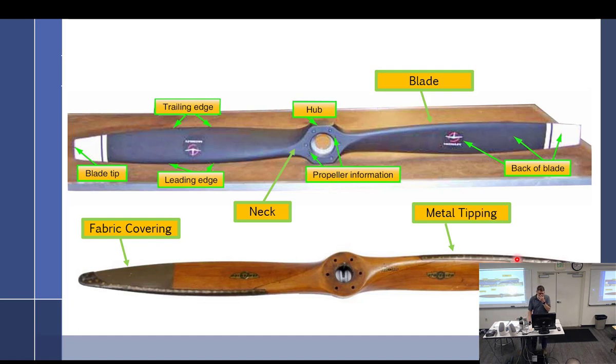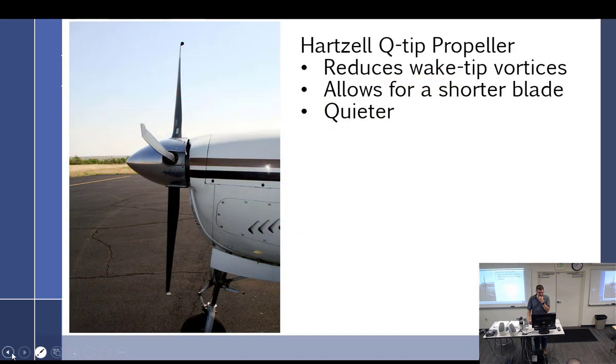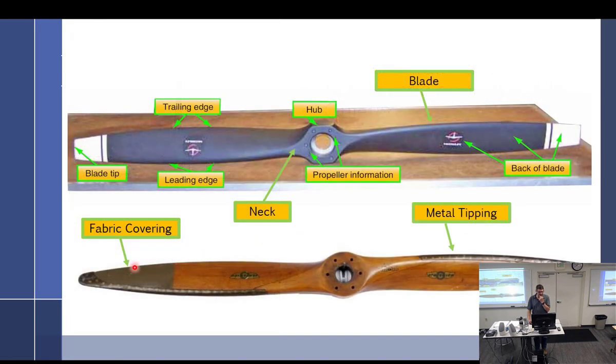Are you writing this stuff down? What's up with the fabric covering on the wood? Oh, yeah, fabric covering. It gives stability to the tips out here on the wood props. We actually have a little video to watch. It's kind of cool. They talk about that fabric that goes on there, but it gives it some stability out there and a little protection.